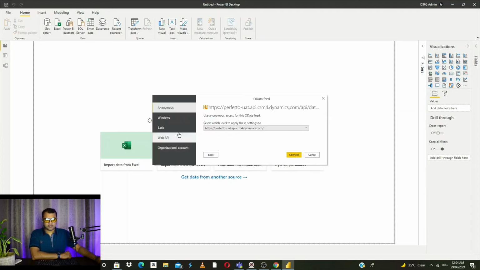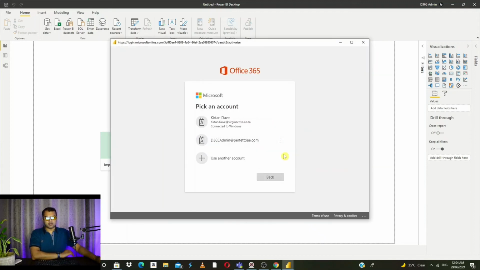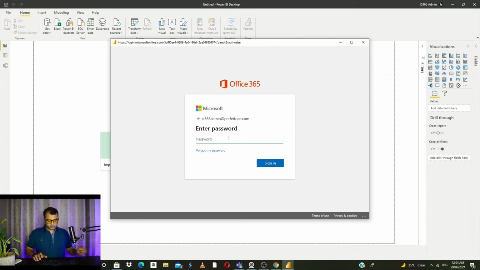Now again it will ask you to log in. Now we are going to select data slash version 9.2 and click on organization account and sign in with the current account. I have already signed in, so I'm going to sign in with my organization account.